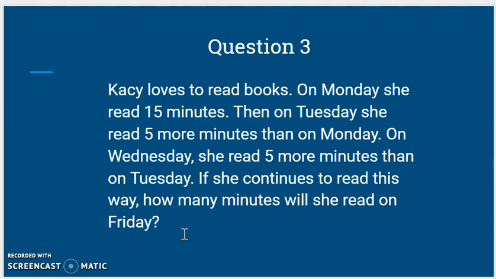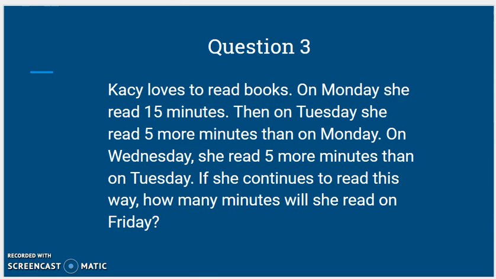So the way I would solve it is to just list out what the total minutes would be for each day. For example, Monday with 15, then Tuesday would be 20, Wednesday would be 25, Thursday would be 30, and then Friday would be 35. So I would just list them out and then just look at what number matches with Friday,